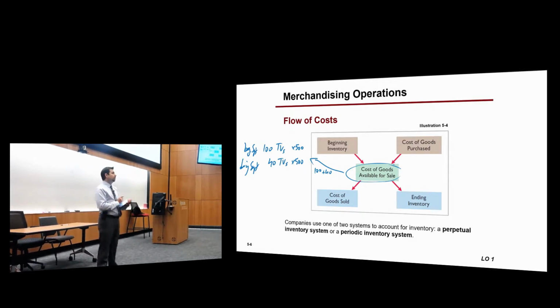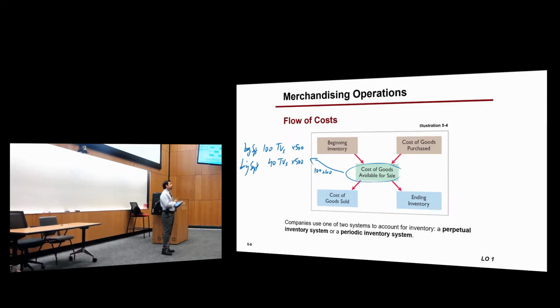And I'm doing that on purpose. I'm leaving the 500 to the side because, you'll see later on, it doesn't really matter at this point. Later on, we will learn how to include the amounts. But what I want you to understand right now is the concept. This is the number of TVs that the company can sell. That's why we call it available for sale.